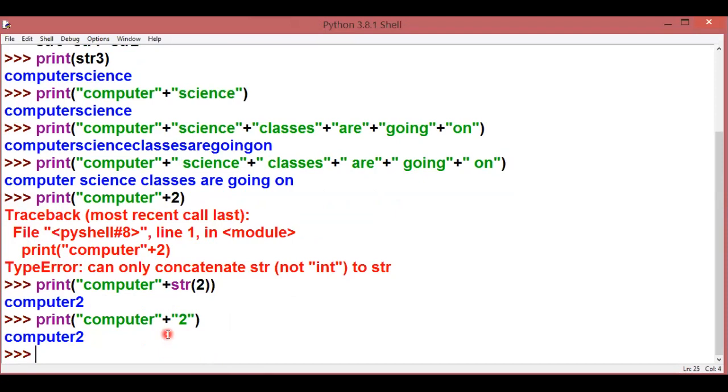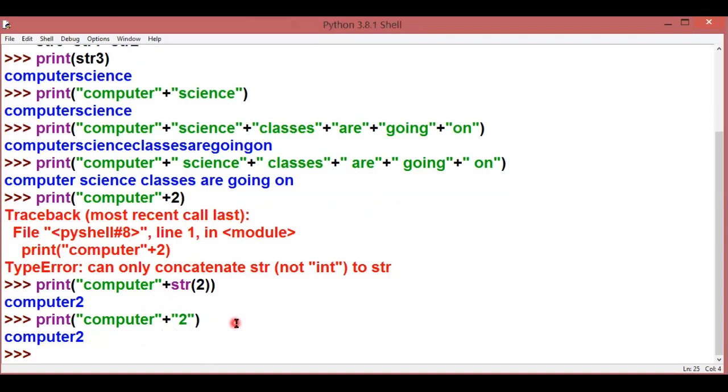So there is a restriction in my concatenation operation that all the values should be of string type, then only it can be performed, otherwise it cannot be performed. And what is the solution for that? That also I have told you that we can convert our integer or float values into string values, then also the concatenation operation can take place.